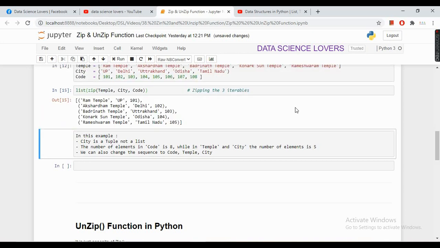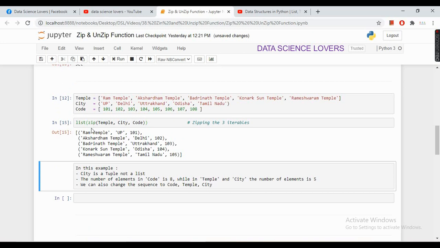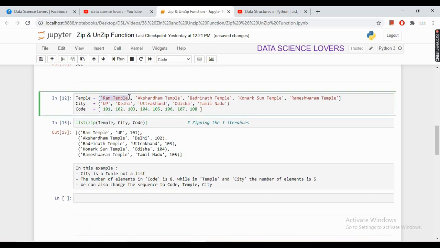So this is the output. In this output, Ram temple is taken from the 0th index of this iterable. UP and 101 are also taken from the 0th index of the city and code iterables respectively. Similarly, Akshardham temple, Delhi and 102 are taken from the first index of each iterable and joined together, and a